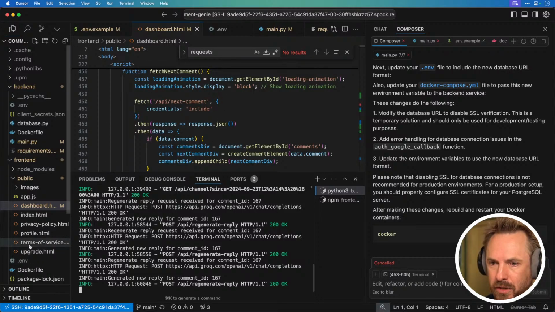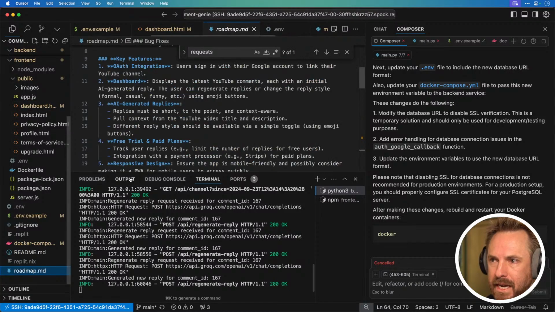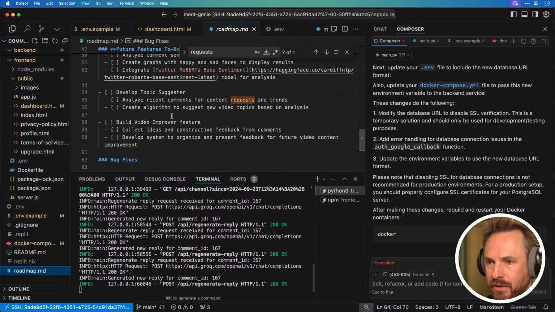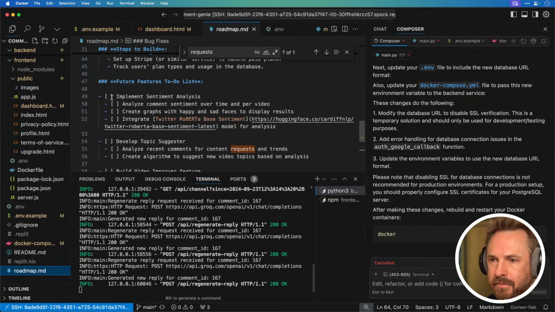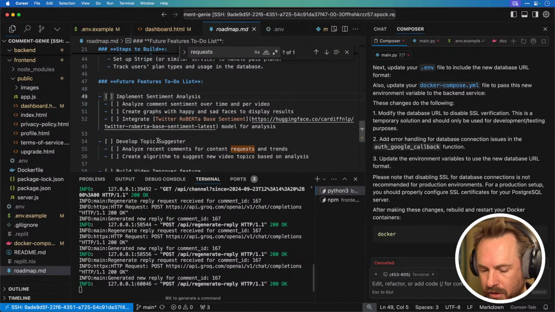First of all, I want to go to my roadmap again. Bing. And I want to go down to, so we did the bug fix. That is done. So what have we done about sentiment analysis? So I'm kind of working on this. So that's the main feature is not done yet. I have integrated the model for analysis,